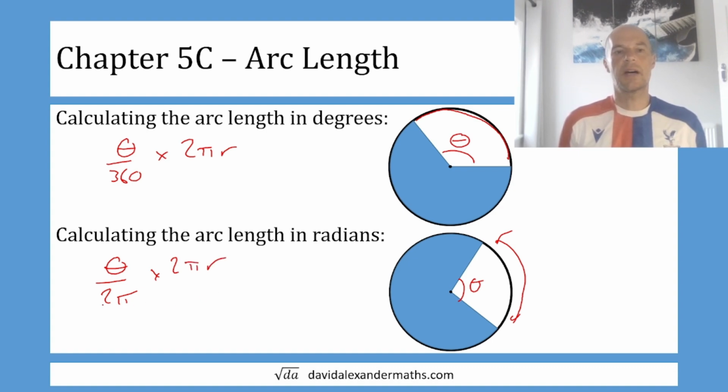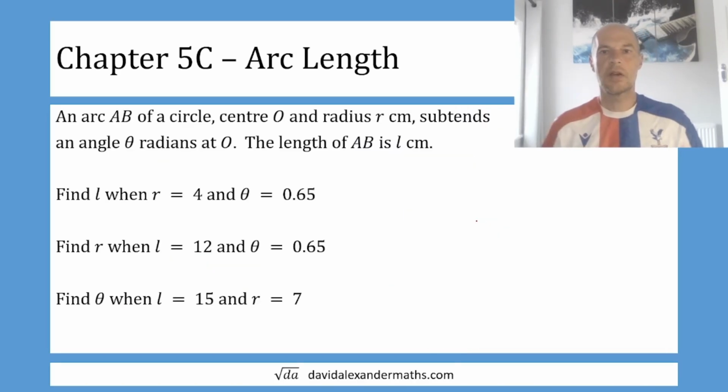Now, the 2 pi on the bottom and the 2 pi on the top can cancel. So therefore, the arc length is just, if we want to call this L for the length, then L is theta multiplied by r. So the arc length is theta r. Easy. Okay, so we know from the previous slide that the arc length is theta multiplied by r,